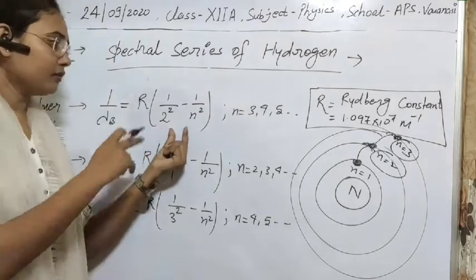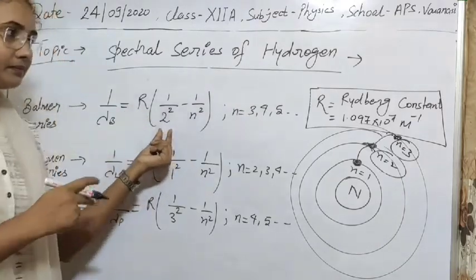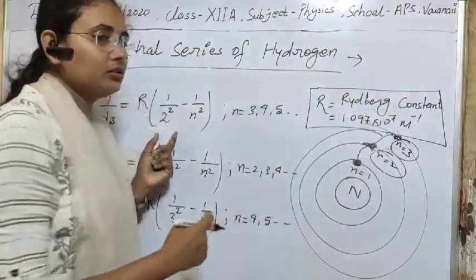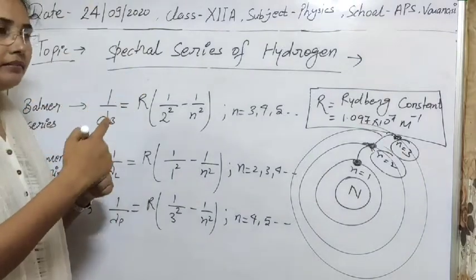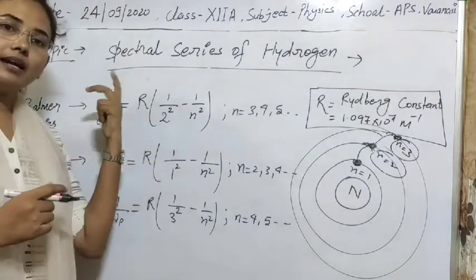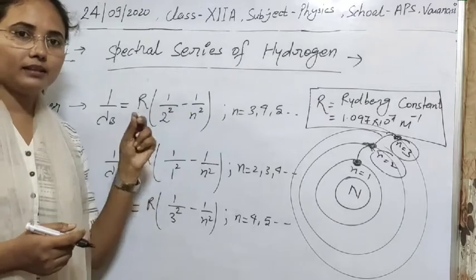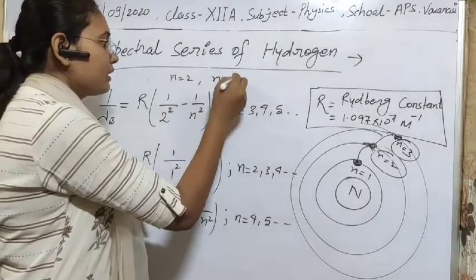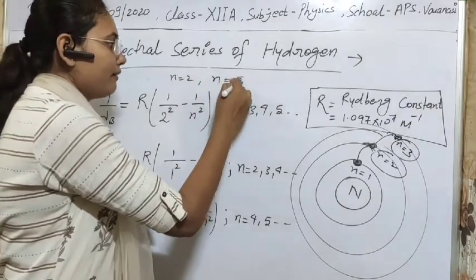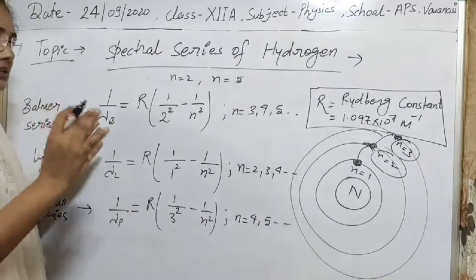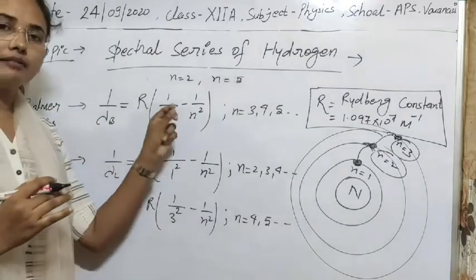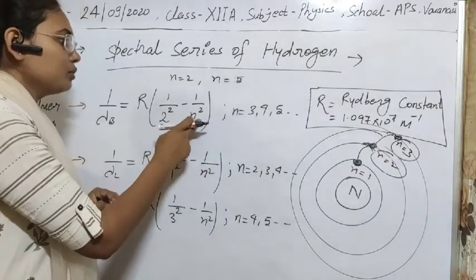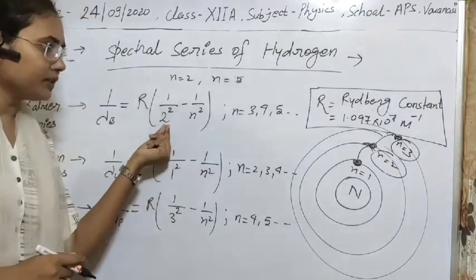spectral transition from n equal to 2 to n equal to 3, n equal to 4, n equal to 5. If higher energy is absorbed by the electron, it can make a transition from n equal to 2 to higher orbits, n equal to 4 or n equal to 5 and so on. It depends on the energy we are giving it. So the lowest is n equal to 2 to n equal to 3. Here one thing is fixed.